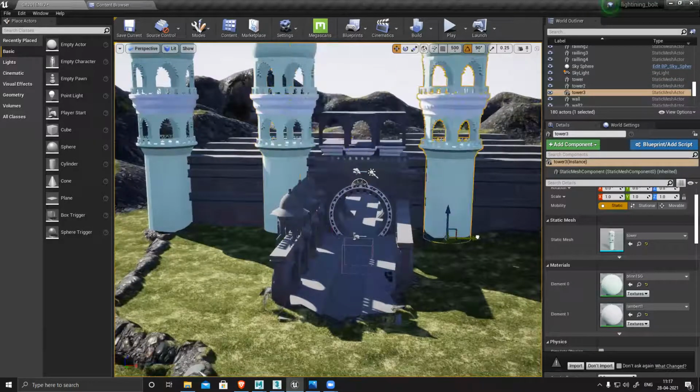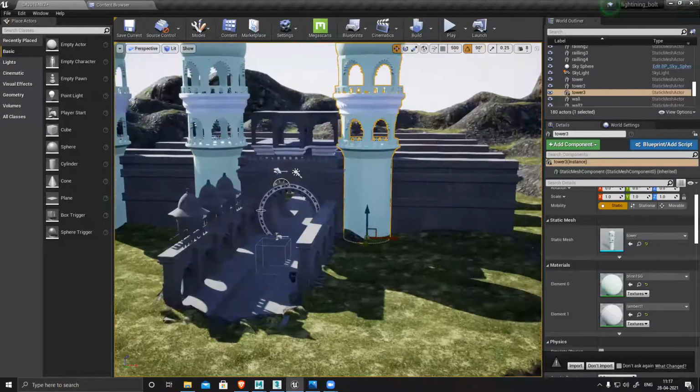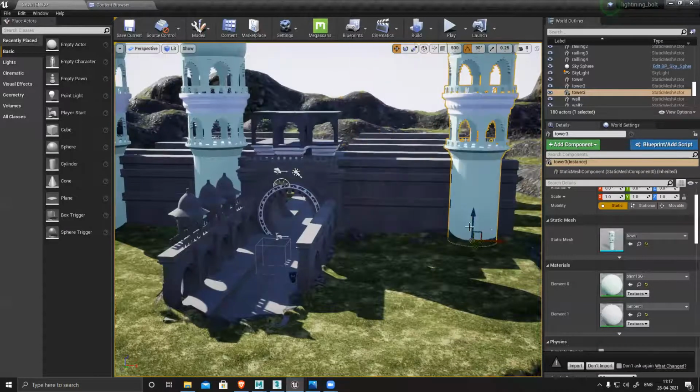Now, if I want, I can duplicate this here also, because this section is not visible anyways. Usually this kind of architecture is symmetrical.